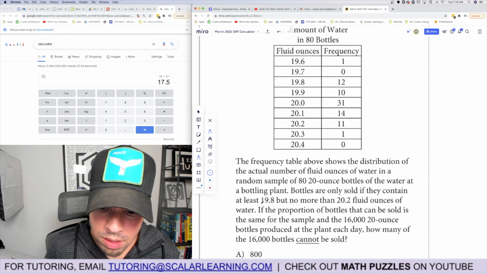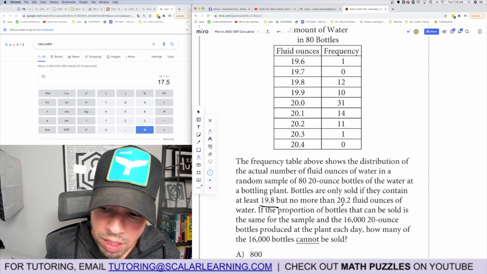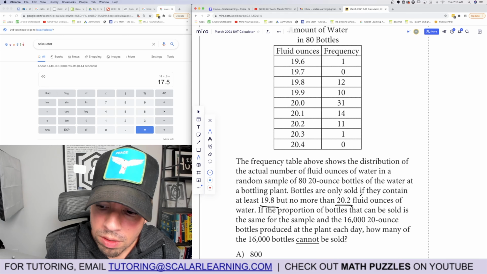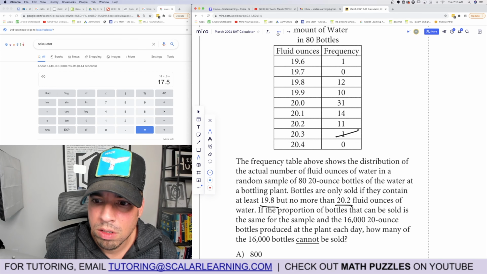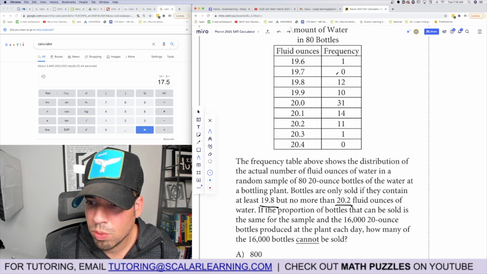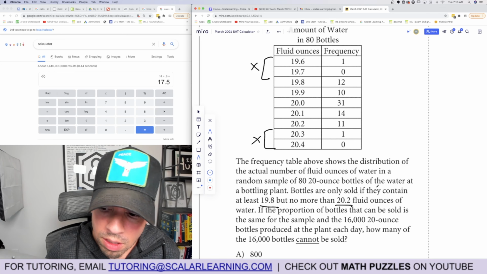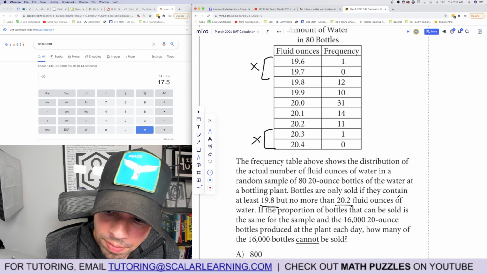Bottles are only sold if they contain at least 19.8, no more. Wait, what? Okay. So these ones are not sold. I shouldn't cross it out, but, and then these ones wouldn't be sold too. So these are no-go. I'll do something like that. And then